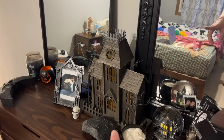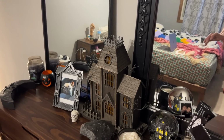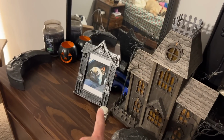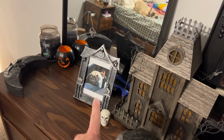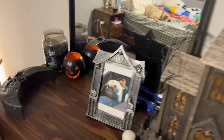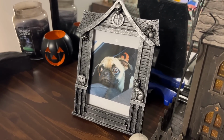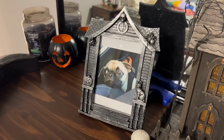2020, 2021, 2022 haunted house. I think this is the 2021 version, if I am not mistaken. This is a really cute picture frame from Home Goods this year. I just threw an old picture of Mike in it for now. His eyes are kind of wigging out, but he looks so cute,